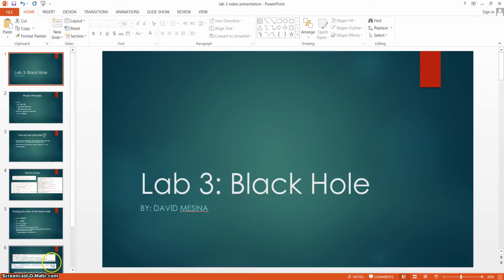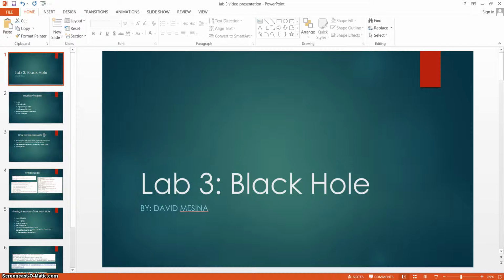The purpose of this lab is to estimate the mass of a black hole given position and time data of a star orbiting the black hole, the star's mass, and the location of the black hole. In order to do this, we will instruct Python to manipulate the position data to provide estimations of the rate of change of momentum, use this information to estimate the net force, and then apply Newton's universal law of gravity